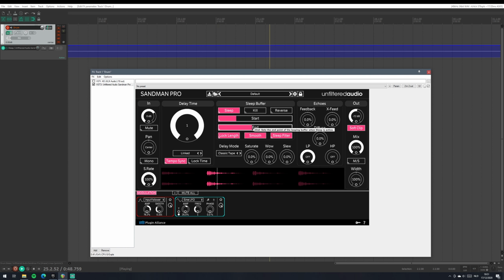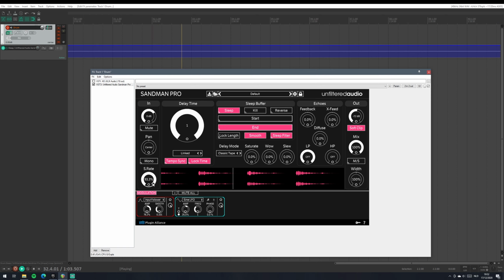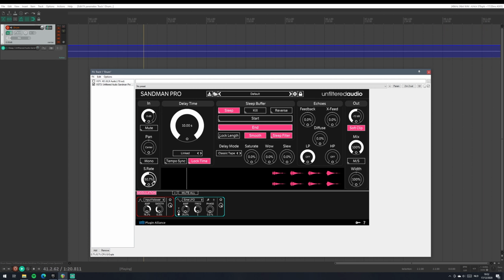If we lock length, we can make really dramatic sounds. We can also do the time lock and mess with the sample rate. And if we don't have it in time lock,